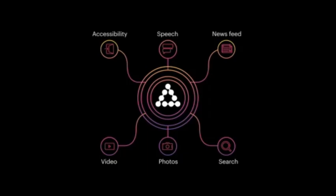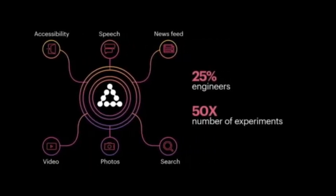And the way we're doing this is we've built this AI backbone that powers pretty much every aspect of the Facebook experience. Over 25% of engineers across the company use it to run 50 times more experiments today than a year ago. And this is a big deal because it means that research is hitting production faster than ever. It's powered by a massive